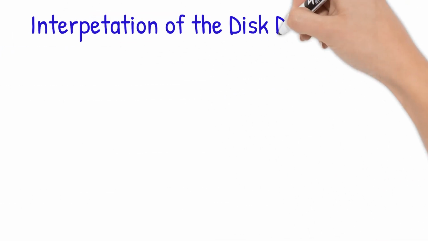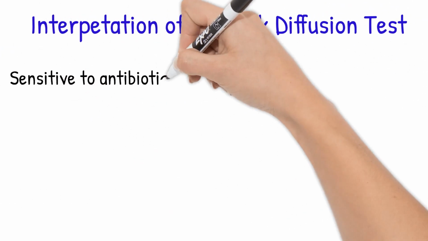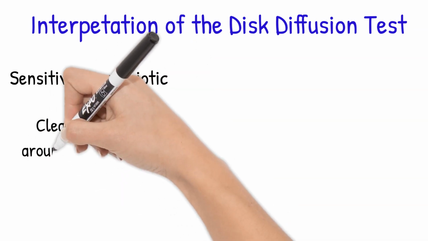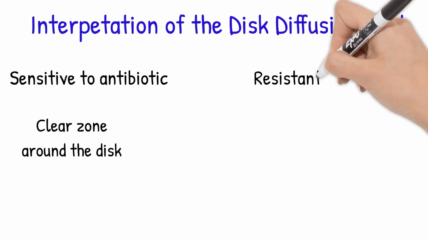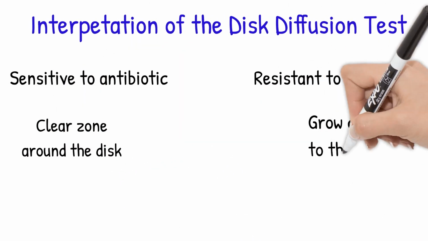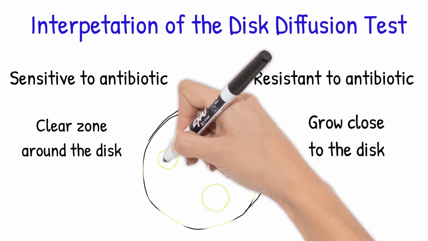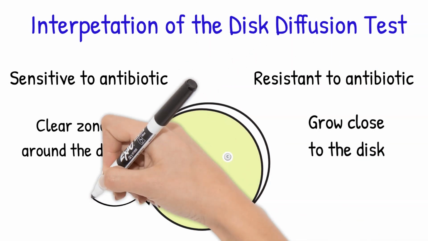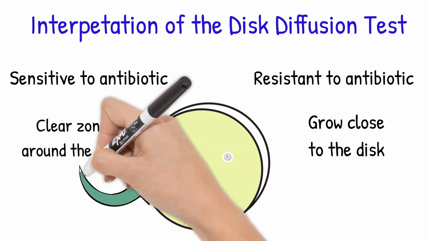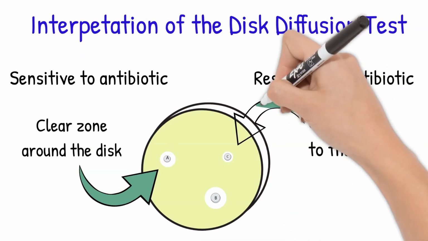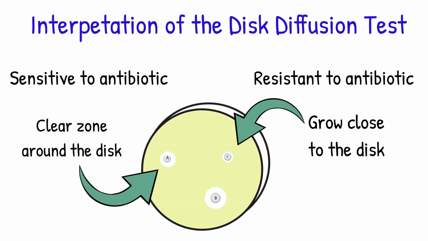If the organism is sensitive to an antibiotic, it will not grow in a zone of inhibition. Resistant bacteria will be able to grow close to the disc. Since resistance is relative, some strains are more resistant than others. So we cannot just say which one is susceptible and which one is resistant by just looking at the zone